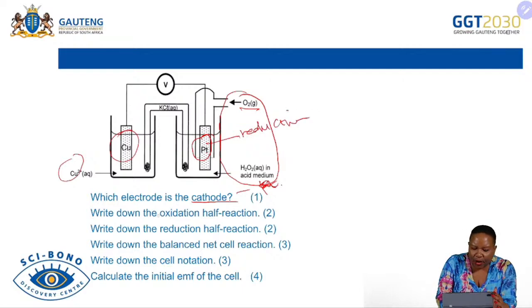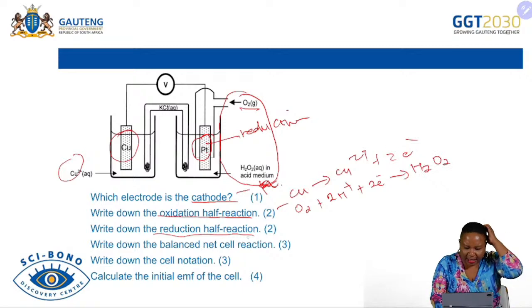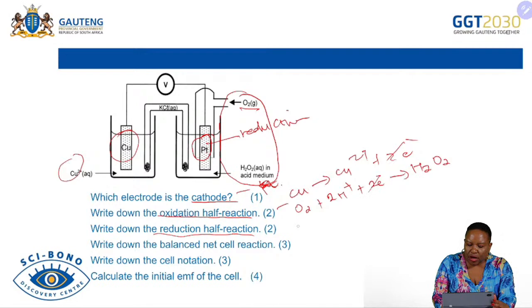And then write down the oxidation half cell. This one is the one of copper, forming Cu2+ plus 2 electrons. And then reduction is the one of oxygen plus 2H+ plus 2 electrons, as you copy it, giving you hydrogen peroxide. And then the balanced net reaction, they give equally. So it's going to be copper plus oxygen plus 2H+, giving you Cu2+